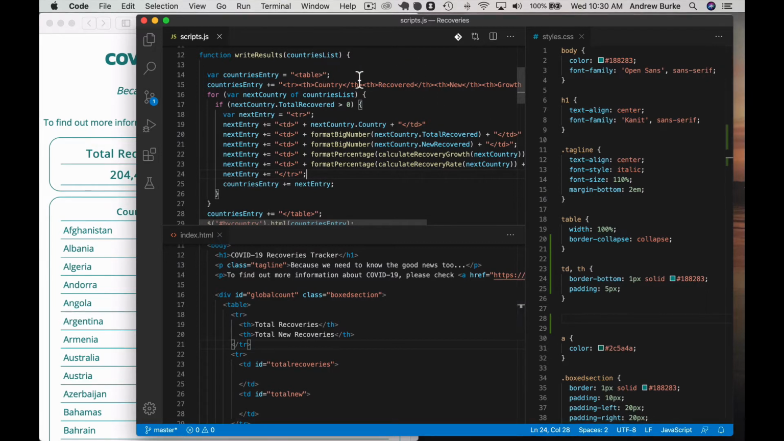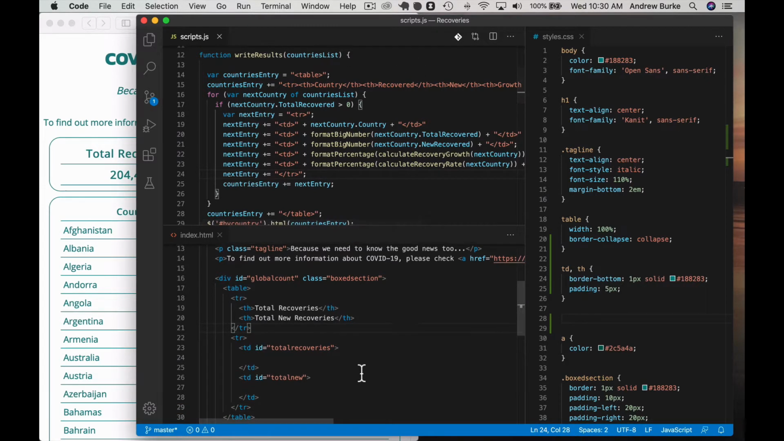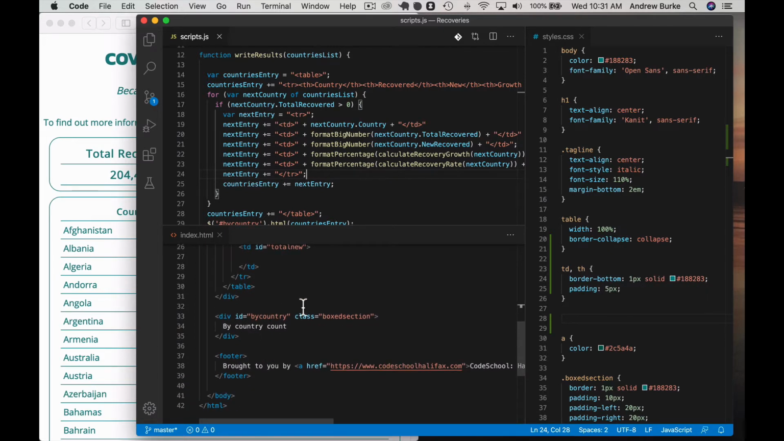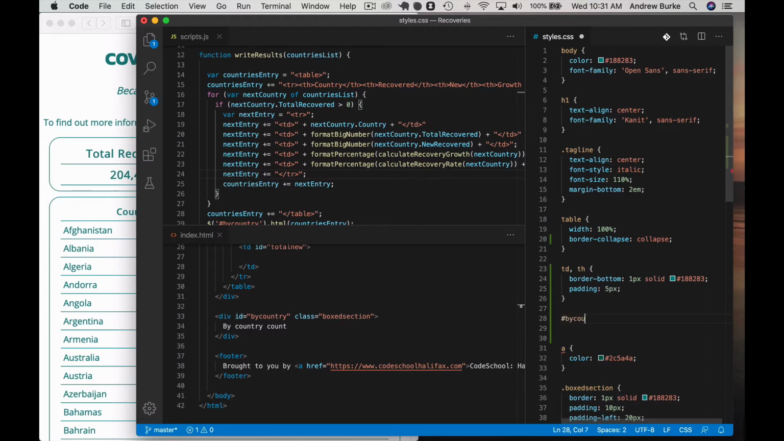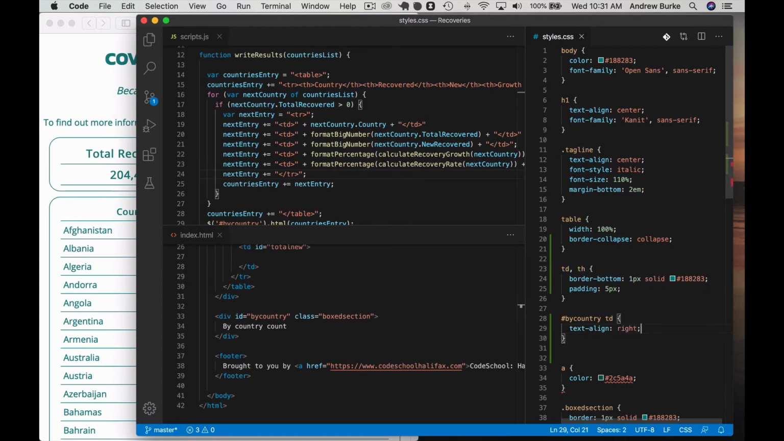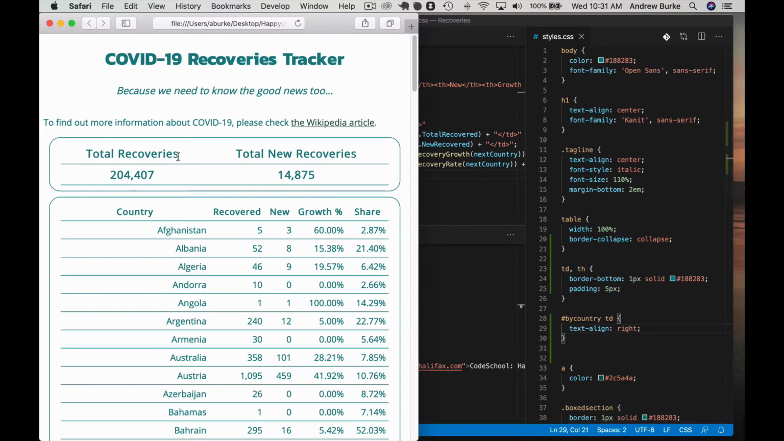Okay, we can do this in various ways. What I often like to do is we know that our table is inside our by country ID. So we can actually specify only TDs within by country can be styled a certain way, for example. So if you do by country and then put a space in and then say TD, that means only TDs that are inside the by country area. Okay, and then we can do text align right. Okay, these stay centered. These ones switch over to being aligned right,